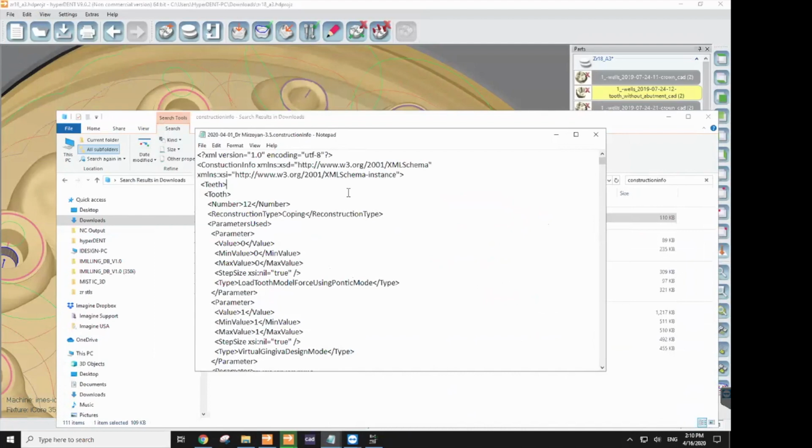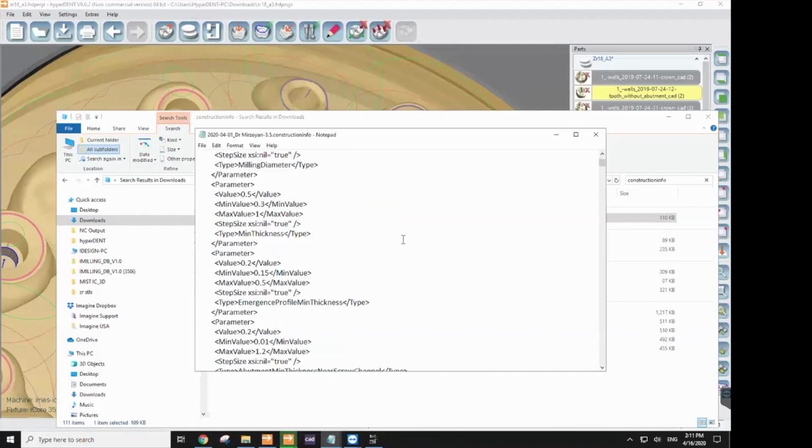The way HyperDENT works is it's going to look in whatever folder you've clicked on your STL and try to see if there is a file with the same name that's also a construction info file. If that's not matched, then chances are it's not going to see it as the same construction info for the same STL. Another thing that could be messed up is if you change the name of your STL file to some other identifier that helps you organize things, or if you're sending it out to a lab and you wanted to change the name to let them know that it's yours. You're going to notice that the construction info file probably doesn't match, and that's mostly because in this text file there is a name